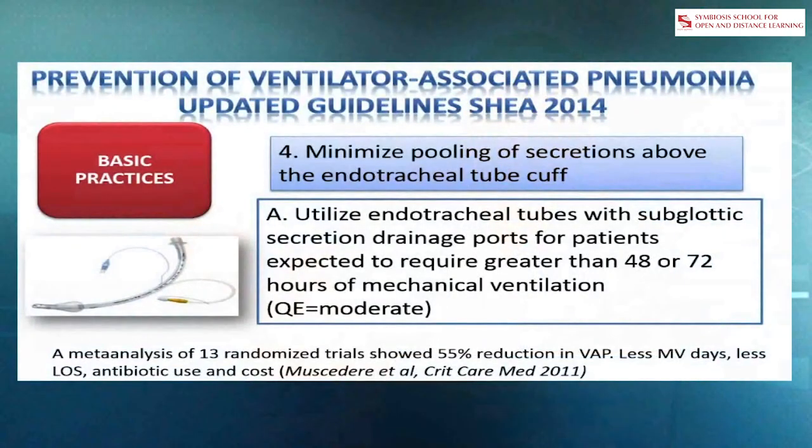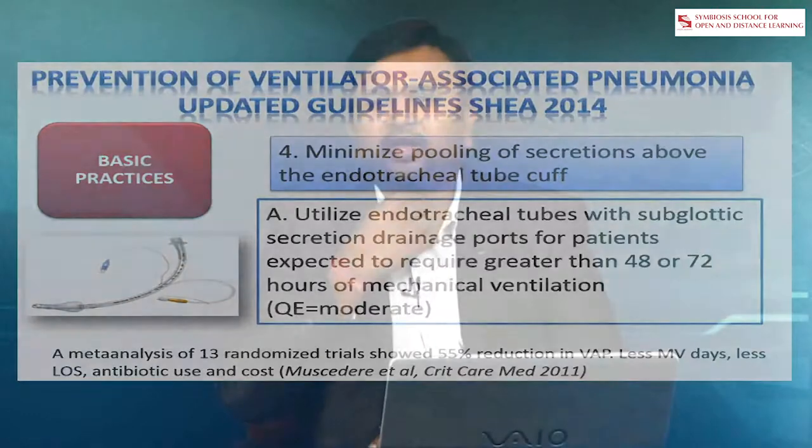If you see here in this diagram, utilize endotracheal tubes with subglottic secretion drainage ports for patients expected to require greater than 2 or 3 days of mechanical ventilation. So, basically you have that cuff. When it is inflated, if there is any micro aspiration, the secretions are going to get pooled just above that